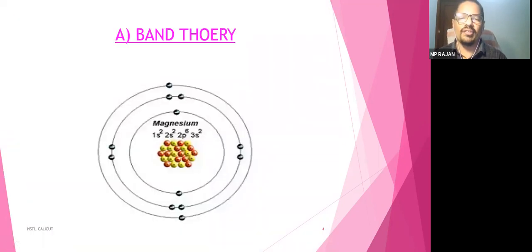Okay, so let us go back to our previous knowledge, band theory. So on the screen, आप देख सकते हैं, there's an atom. You know, all the materials are composed of molecules, and molecules are composed of atoms. An atom consists of electrons, protons, and neutrons. This is the nucleus where protons and neutrons are there, and outside in the invisible orbits, these are called orbits,